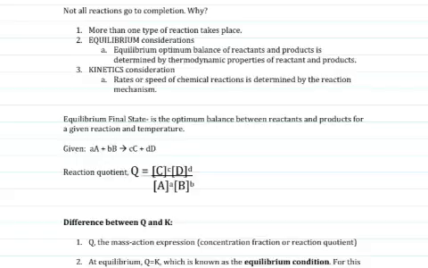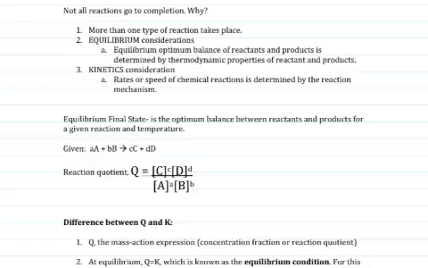When we're talking about equilibrium, one thing we need to discuss is why all the reactions don't go to completion. Well, there is more than one consideration: the equilibrium consideration and the kinetics consideration. The equilibrium optimal balance of reactants and products is determined by thermodynamic properties of reactants and products, while the kinetic consideration looks at the rates or speed of the chemical reactions and is determined by the